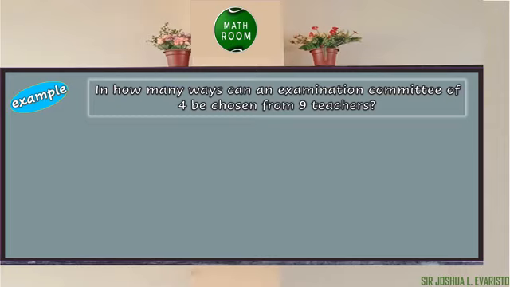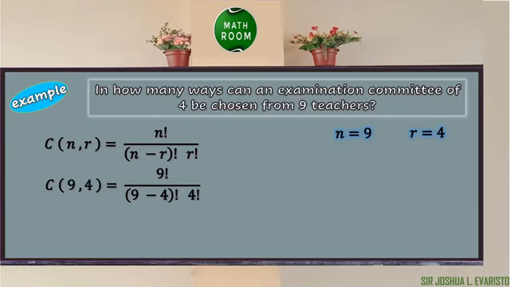Since we have a total of 9 teachers, then n is equal to 9. Also, we're going to choose 4 for the examination committee. Thus, r is equal to 4. Given the formula, combination of n, r is equal to n factorial over quantity n minus r quantity factorial times r factorial, we can substitute the given values. So we have combination of 9, 4 is equal to 9 factorial over quantity 9 minus 4 quantity factorial times